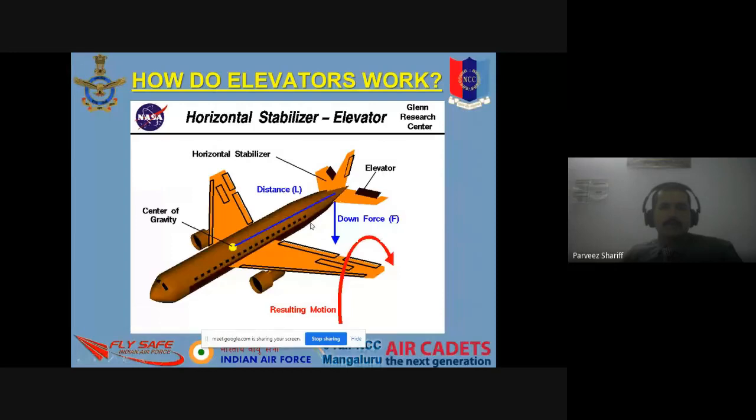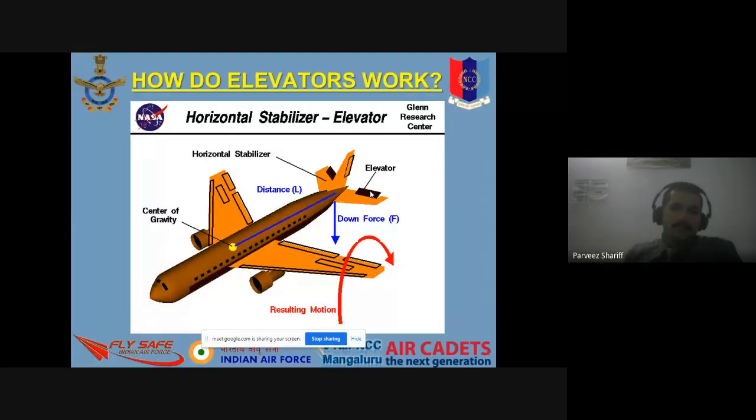And when we talk about the pitch up or pitch down, then we have to talk with respect to the lateral axis. So lateral axis means from this point. Okay. The same principle is applicable to the elevators as well. So this is a horizontal stabilizer. The horizontal stabilizer is a fixed structure that will not move, and to it a hinged movable structure is connected. This we call the elevators.